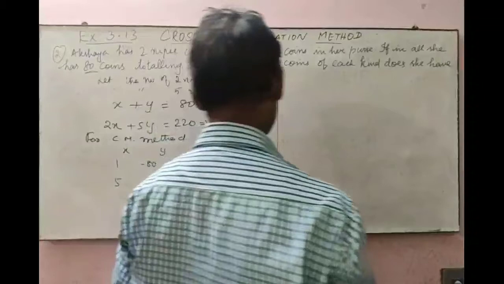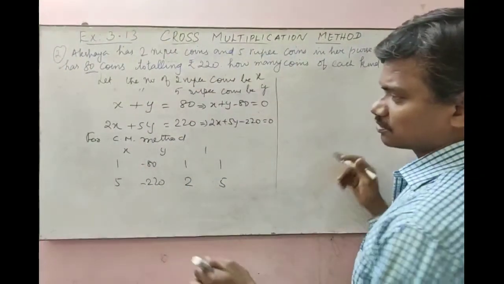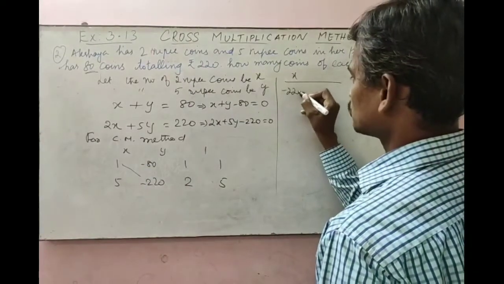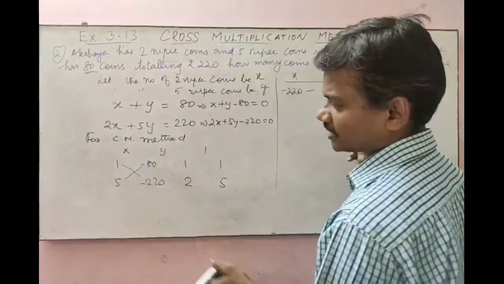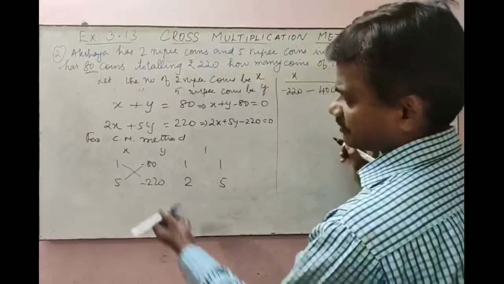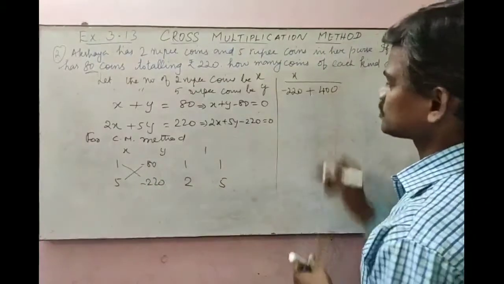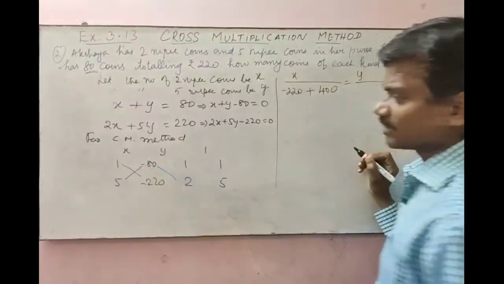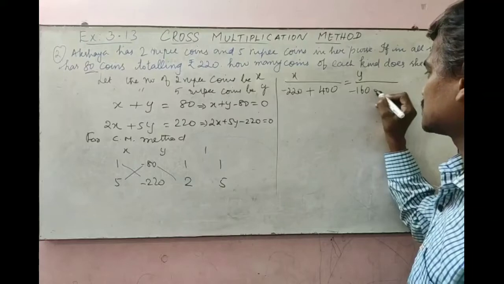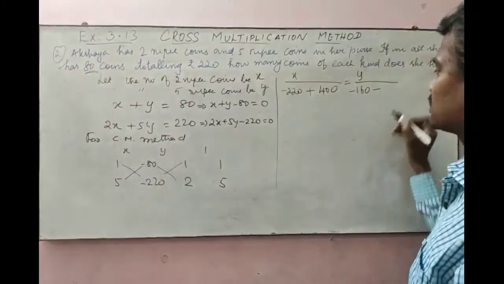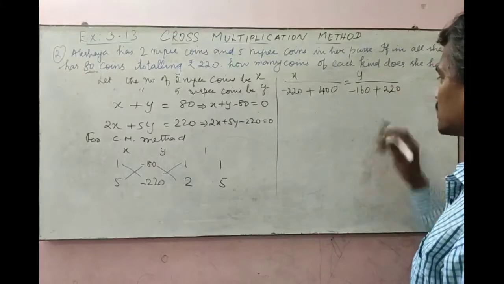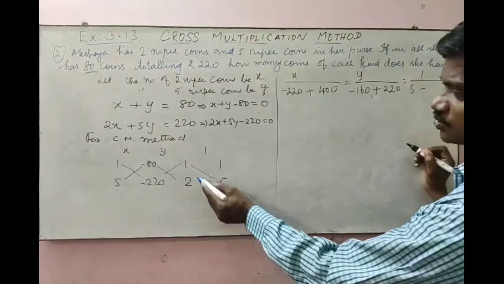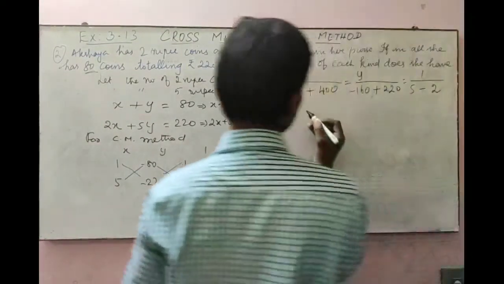Now we are going to cross multiply those values. Here 1 into minus 220, so x by minus 220 minus 5 into 80, which is 400. Here we have one minus, here also we have one minus, so it becomes plus. Then y by minus 80 into 2 gives minus 160, minus 220 into 1 gives 220. It becomes plus, equal to 1 by 1 into 5 gives 5 minus 2 into 1 gives 2. Then if you simplify this, you will get